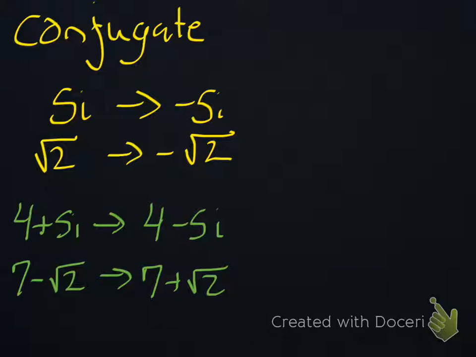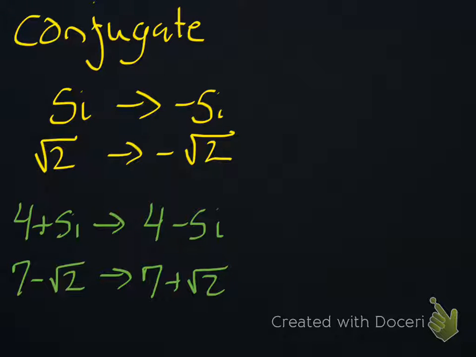Why would you not change the sign of 7? You always change it just in front of your square root or imaginary number. It's just the way it works. But it always connects to whatever's the square root or imaginary. But the conjugate root theorem says that anytime you have a polynomial, you can't just have one of these. You have to have both of them every single time as factors, or as your